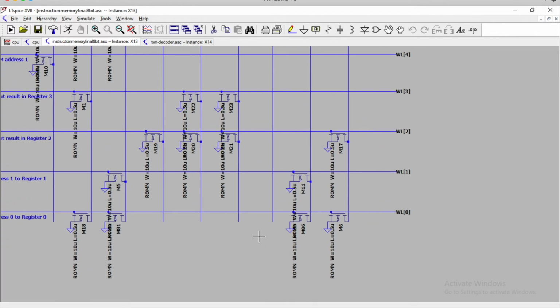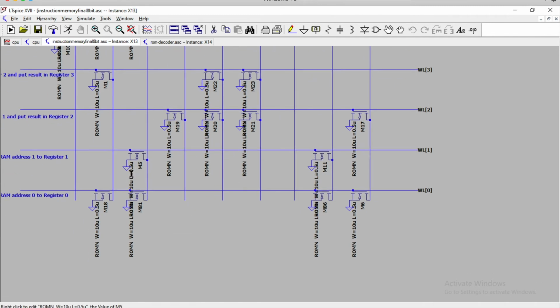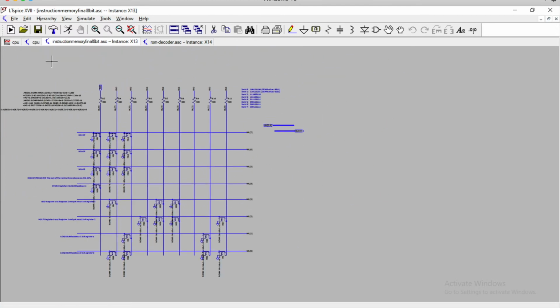But what happens is there's actually NMOSs in specific locations on these columns, and when these wire lines go high, the transistors connected to those wire lines will actually be shorted as the VGS becomes greater than the VT of the transistors, shorting these columns to ground. And so by default we have all 1s on these bit lines, but as soon as we trigger one of these lines,